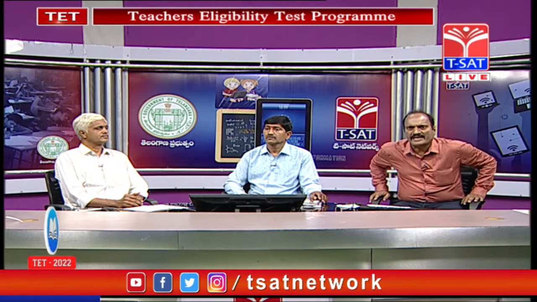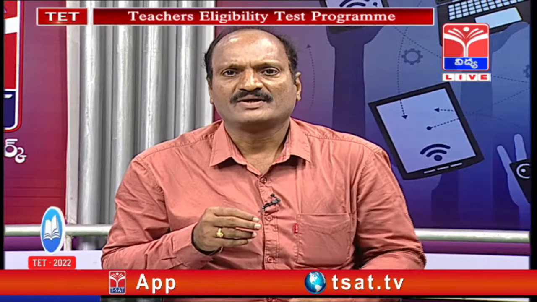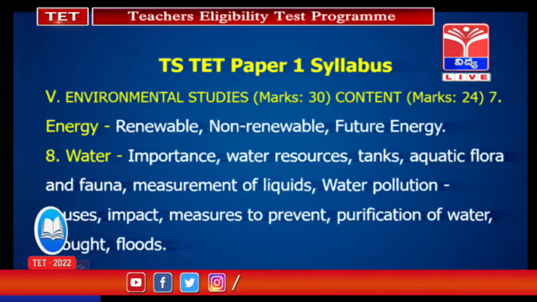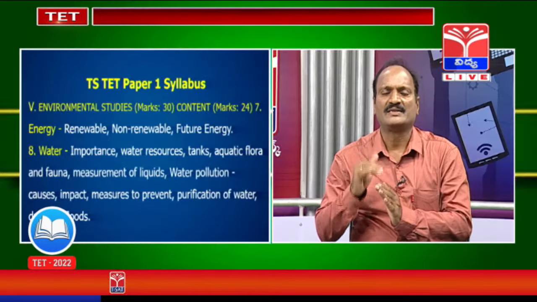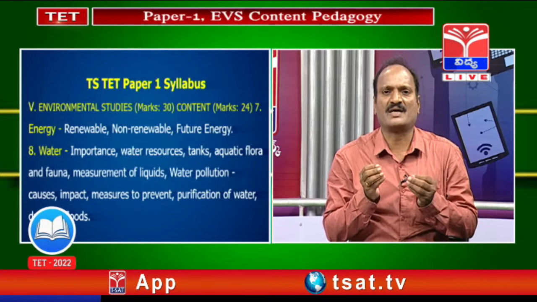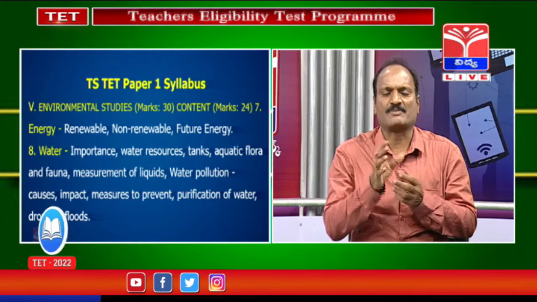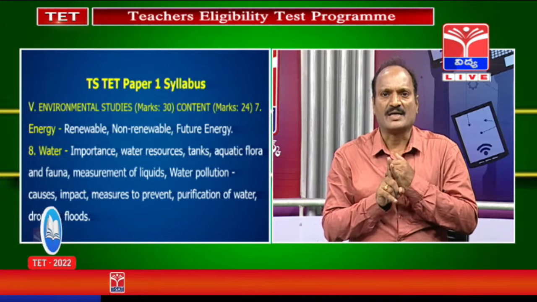So, next our main topic is energy. Just now sir stated what energy we are using, the energy released from the fossil fuels. Now, renewable and non-renewable sources of energy are explained in the EVS up to our 8th to 9th level. Just now sir stated about the forests. Forests are our renewable sources, the main sinks of carbon dioxide and the sources of our oxygen. So, in the non-renewable energy resources we are using fossil fuels.